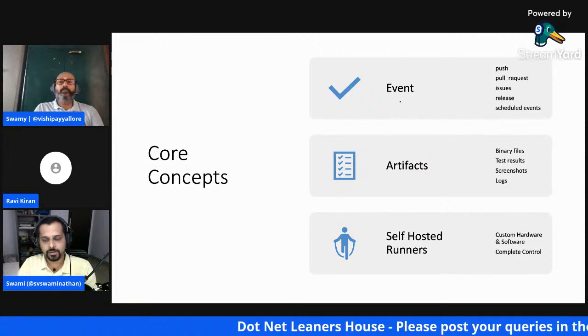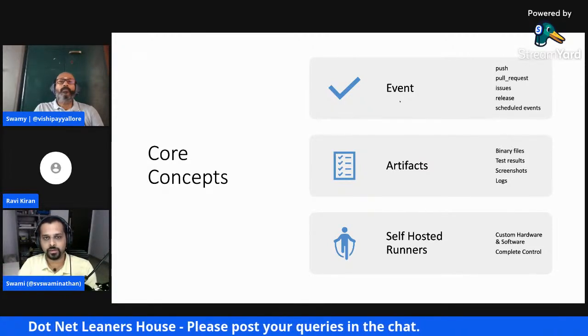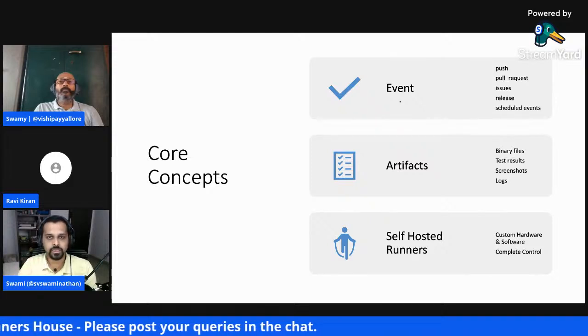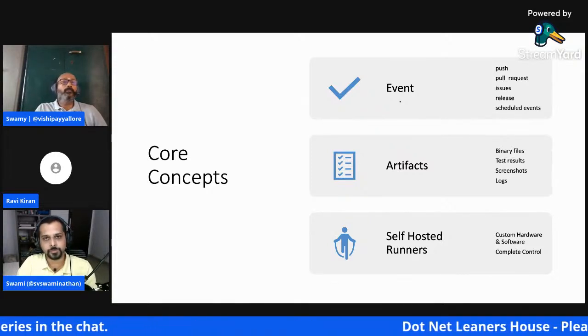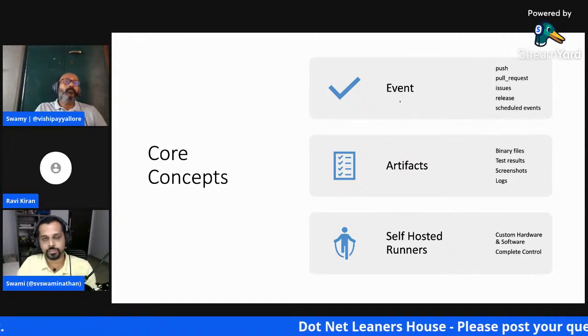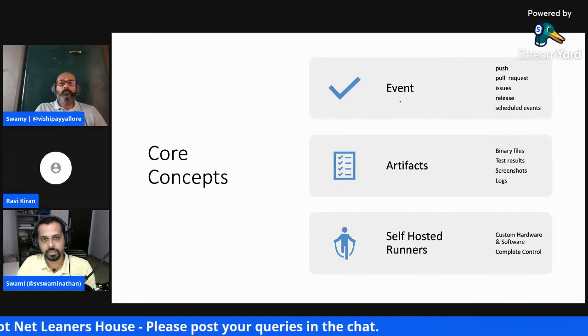And now a few more advanced concepts. Like I said, these runners, if you look at it, are all available on the cloud. You don't have to spin up any infrastructure to run your GitHub Action. It's already available out there from GitHub's perspective. Of course, there is some pricing associated with it, which we'll look at later. But for an open source project, you don't have to pay anything. There are certain limits on the minutes. So basically, you just configure the builds, and then everything will be run.